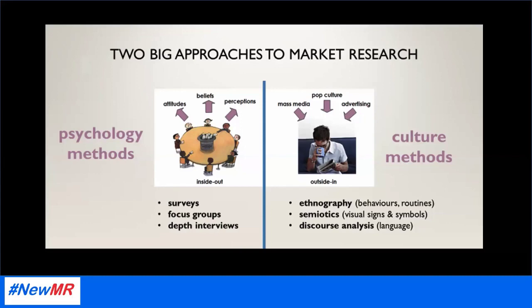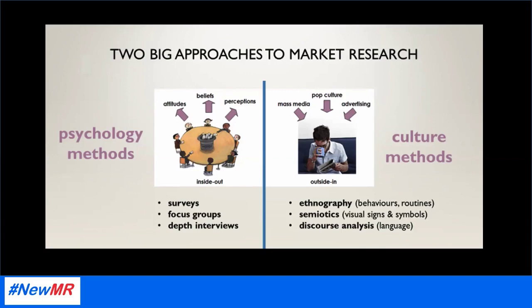In market research, there are 2 major ways of looking at things, and by things I mean essentially consumers and the world that they live in, because that's who we're selling to most of the time, right? So market research historically has been very close to psychology, and it has borrowed a lot of theory and research techniques from psychology and imported them into a business situation. So for the longest time, market research was dominated by things like attitude surveys, and also by forms of qualitative research like focus groups and depth interviews, where